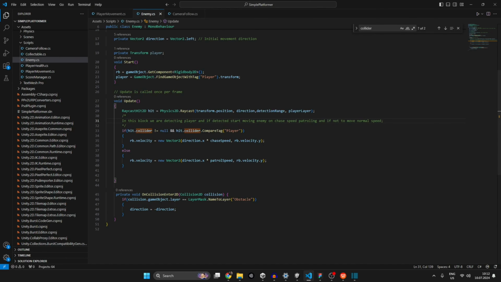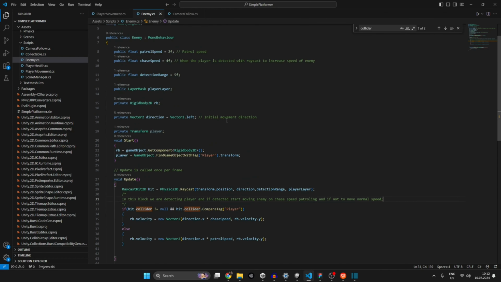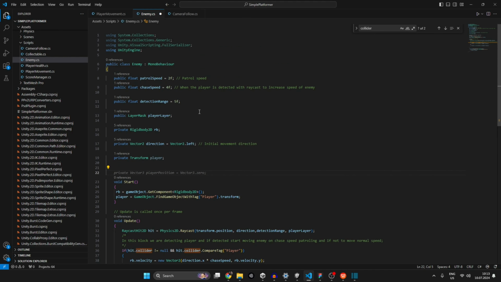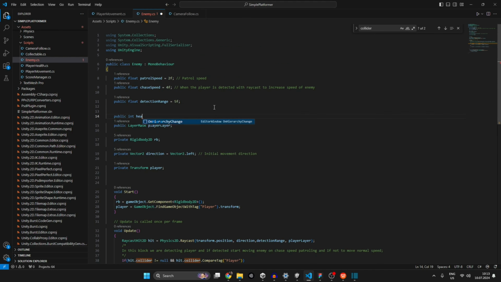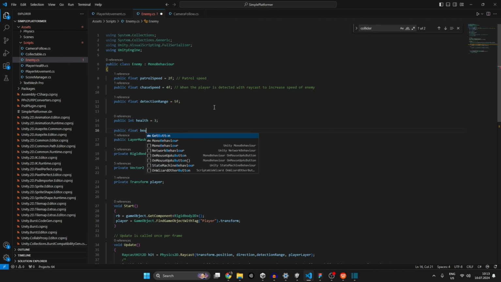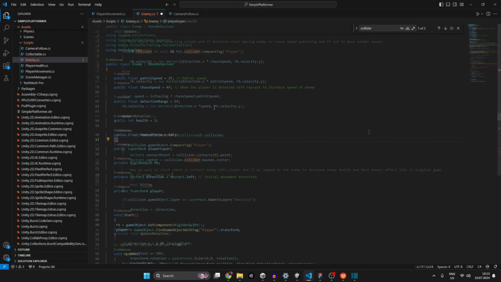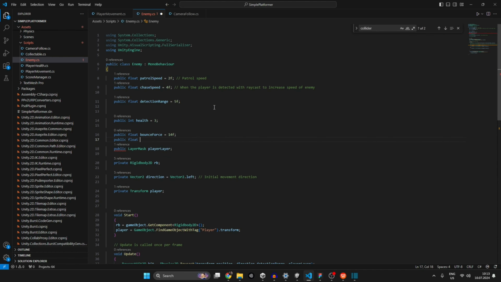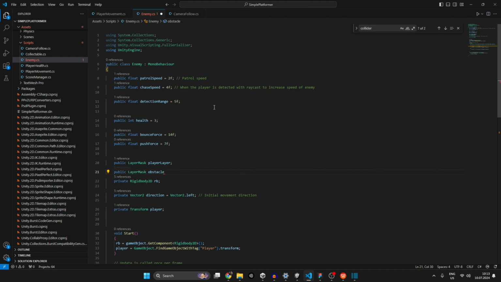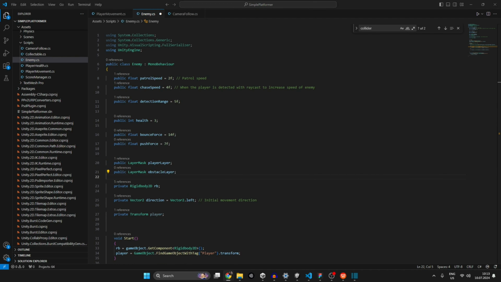Now we will extend the script so that the enemy has its own health and interacts with the player's health, which we will also develop. Now we will declare the following variables: an integer value for the health of the enemy, a bounce force for the bouncing effect when the player jumps on the enemy, a push force that will be used for interaction when the enemy injures the player, a layer mask for obstacles to filter obstacle objects in the enemy script,